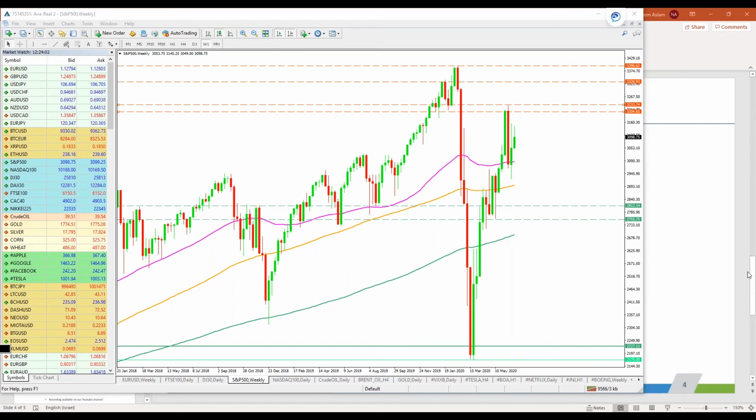Long. Okay, a lot of people are long. Okay, I mean, again, there is a strong case to remain long, as I discussed with you, and this is all about clearing the noise from the actual data. The data tells us that the price action is still very much bullish. The price action is still looking to continue its journey to the upside.